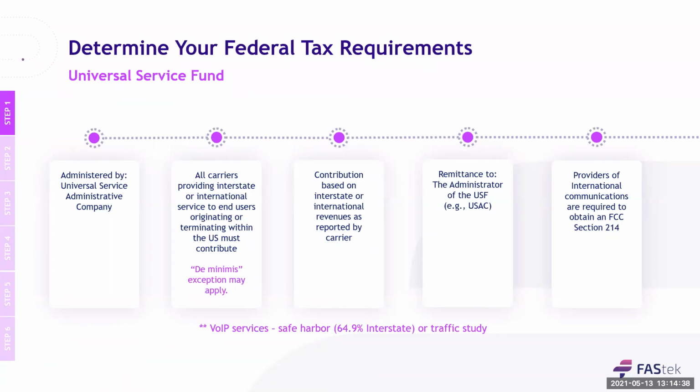So now there's some relief for some of you providers who are just starting out. Currently, if your calculated annual contribution to the federal USF is less than $10,000, then this will qualify you for de minimis status for the year. Although you might find the status applies to you, this does not relieve you of your TRS, your local number portability, the NANPA, or ITSP obligations. Nor does it mean that as a reseller, your underlying carrier will not pass along the USF charges to you. So next slide, please.